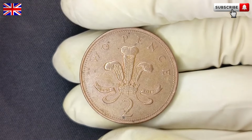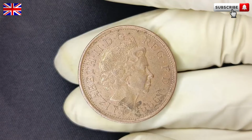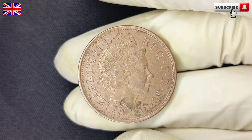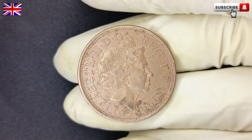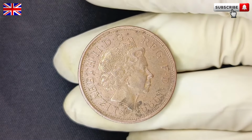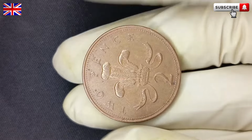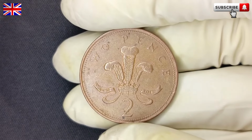And yet, in the heart of that year's minting process, something unusual happened. A minute number of these 2p coins bore subtle characteristics that set them apart, characteristics that would remain hidden from the public eye for years, until a few sharp-eyed collectors made a discovery that would change everything. The design of the 1999 2-pence coin might seem standard at first glance, yet it holds the key to its mystique. On the obverse, as was customary since 1998, appears the fourth portrait of Queen Elizabeth II, crafted by the